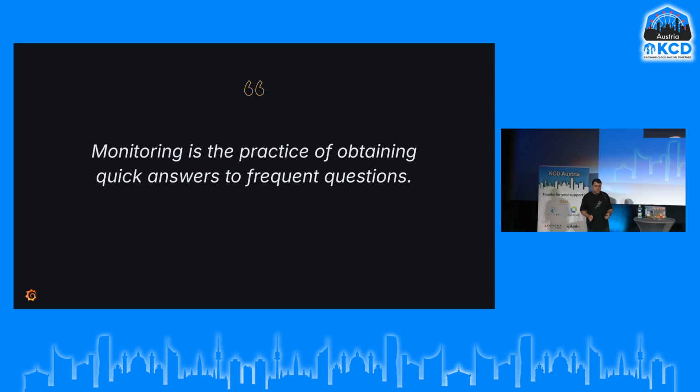So when I'm paged at 2 a.m., or as someone told me yesterday during the reception, when my systems go down and I have an outage on the wrong day, as if there is a right day to have an outage, I need to be able to understand what's going on and come back as soon as possible. So that's observability. Observability is a technique that we use to understand what our systems are doing by making use of telemetry.